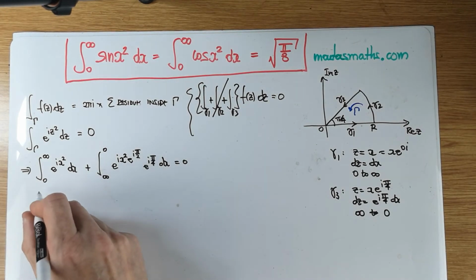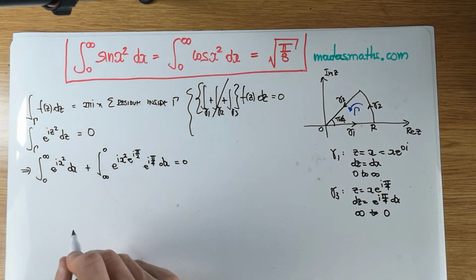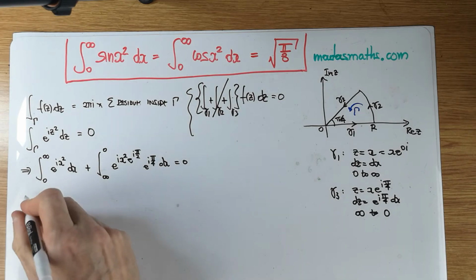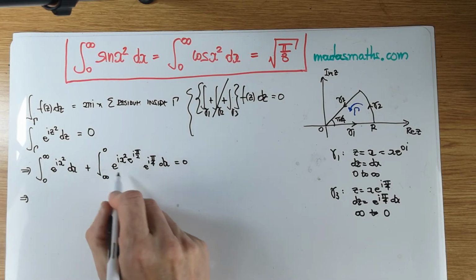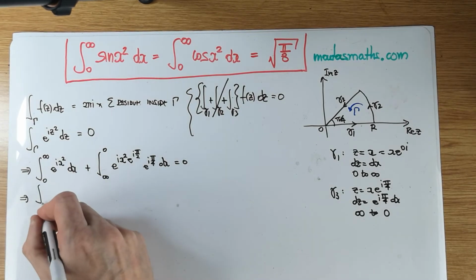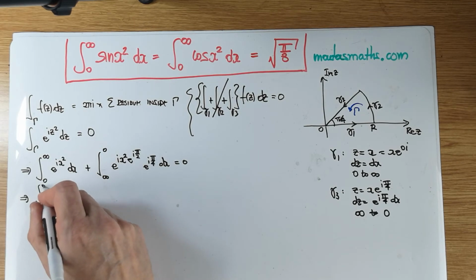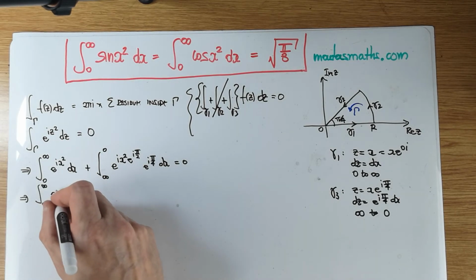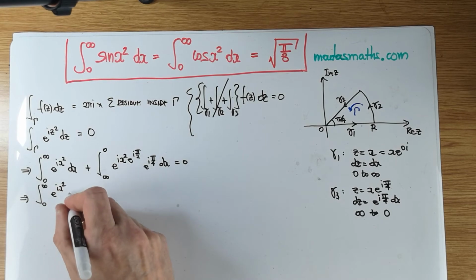For this one, we're going to switch into sines and cosines. So let's just do that straight away. Let's leave it for one more line, because I want to do a bit of a tidy here, so it's less to write on this. So, integral from 0 to infinity of e to the i x squared dx,